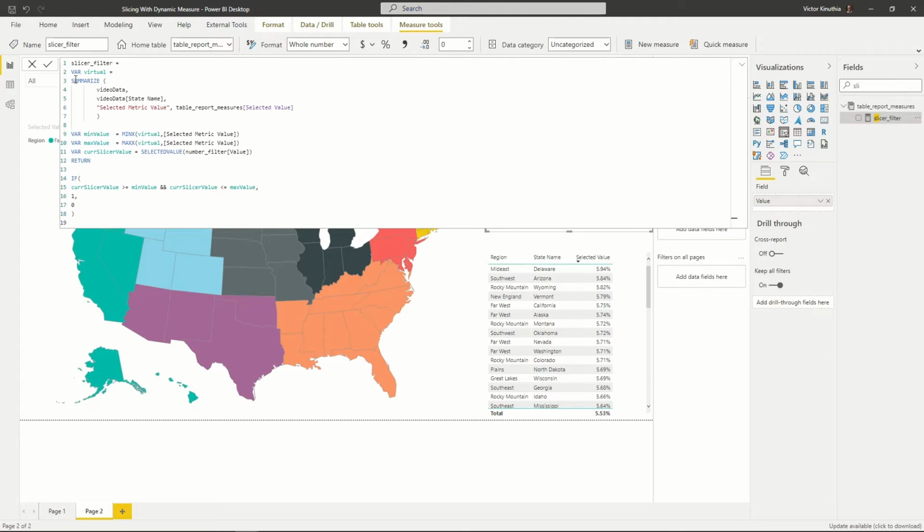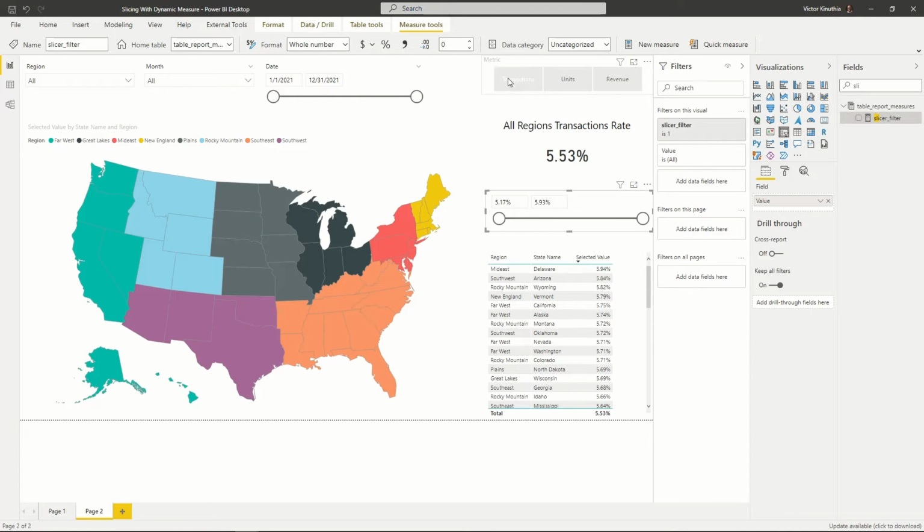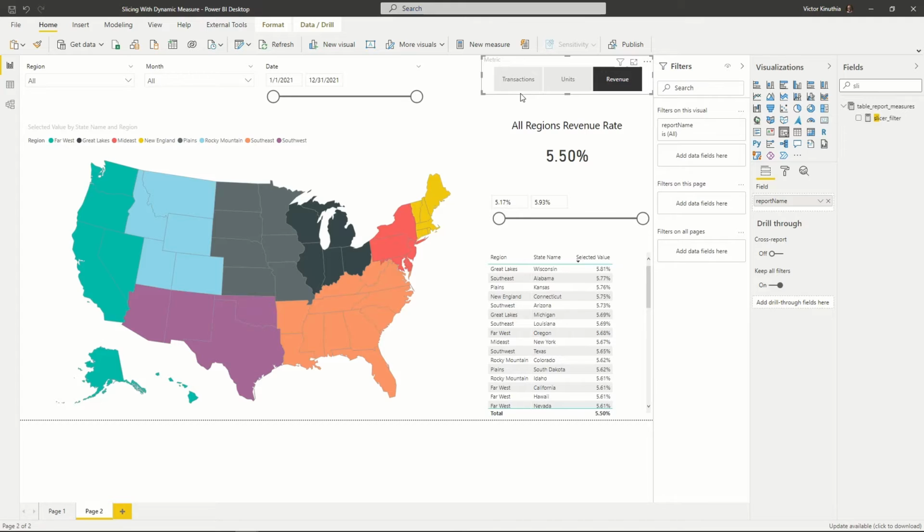it's basically creating a virtual table, and it's got a state name, the selected metric, and then it gets a min and a max value from this table of states and selected metrics. So now, being that our selected metric is going to be set to 1, all it's seeing is the transactions, under the transaction context, right? And that's why it's not changing, right? When we move around, it's not changing this particular value here. So